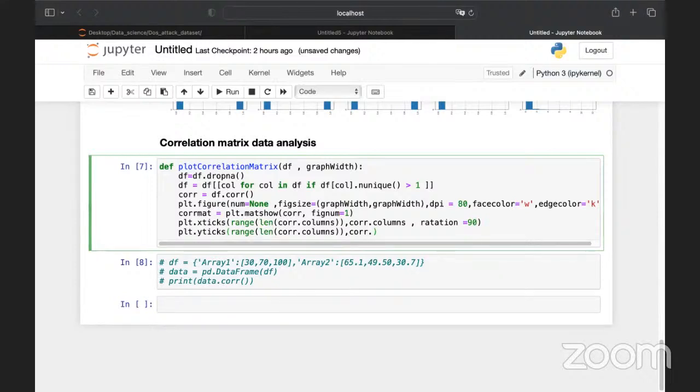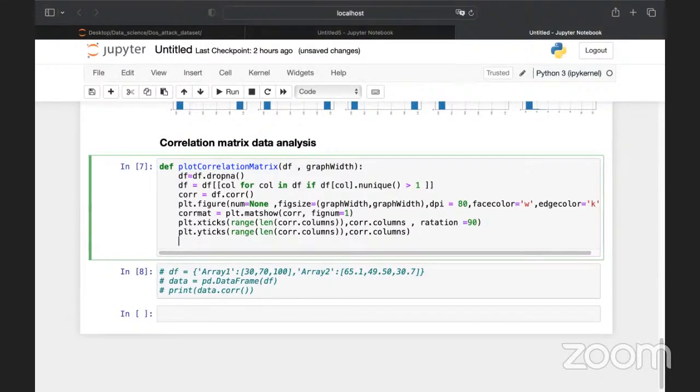Just give me 2 minutes more. And there is no rotation because the Y labels are already all printed horizontally. Okay,